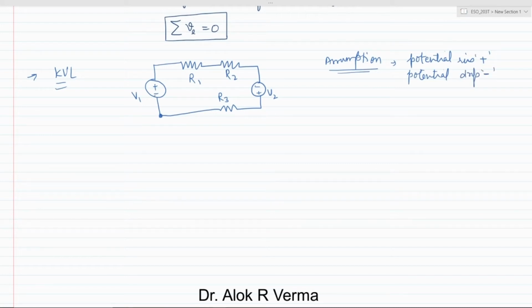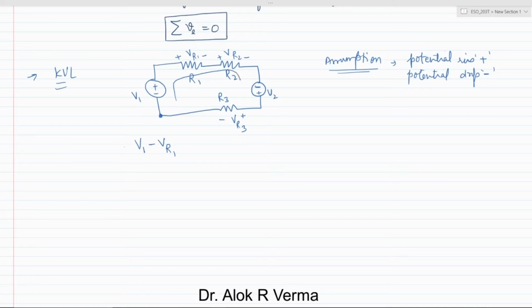So from here, from negative to positive, you have jumped. So this is a rise, which is positive V1. Then there is VR1, which is a drop. Then VR2, which is again some drop. Then there is a rise, and then VR3. Okay, so V1 minus VR1, because it's a drop in the direction of current,